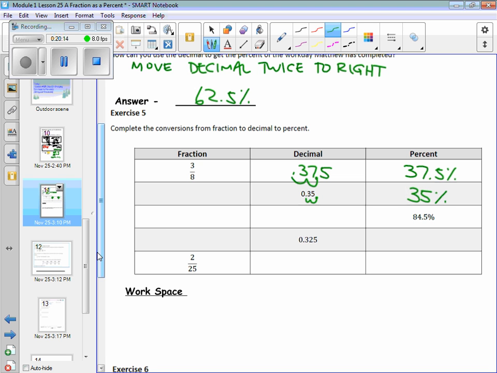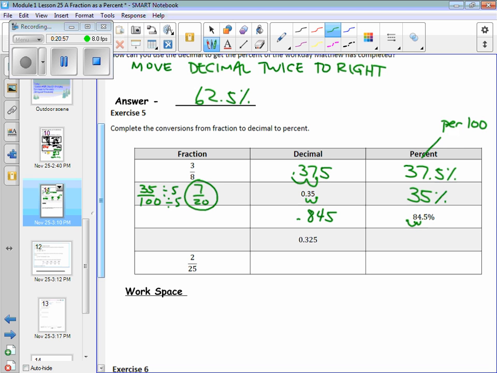And then to determine the fraction, remember that percent means per 100. So you're going to take any given percent, and our first goal is to create a fraction out of 100. And that's 35 out of 100. And then if we can reduce it, we should. Since they're both divisible by 5, numerator and denominator, you get 7/20. And that one is done. From percent to decimal, we're going to move the decimal in the opposite direction. Drop the rock and you get